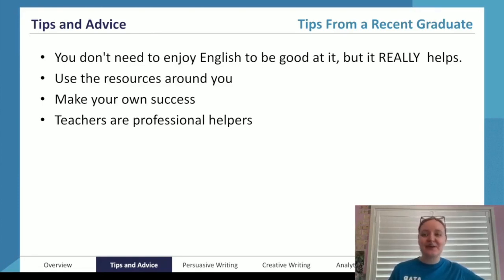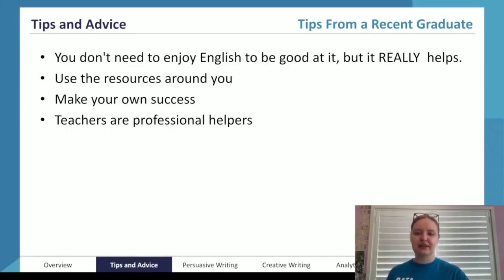It's important to make your own success. So this is really linked to the last tip as well. Being proactive, particularly in year 12, is so important. Your teachers are there to help you. So if you have issues, if you have concerns, go to them with those questions and concerns. If you feel like your classroom teacher is not someone that you feel very comfortable approaching, then feel as if you can go to the other teachers in your English department as well, and be able to ask them questions. They will appreciate you going to them with them.